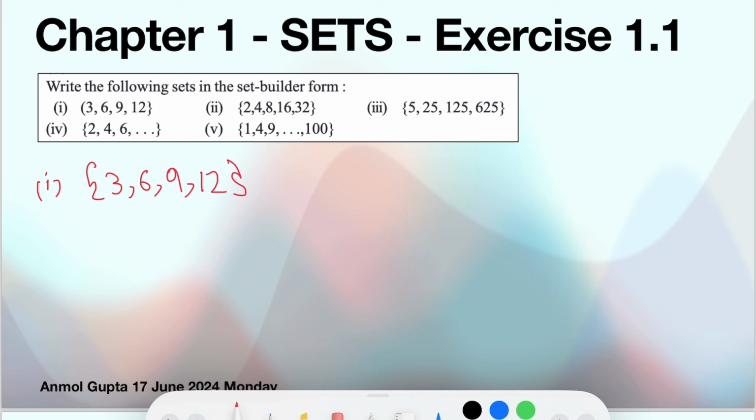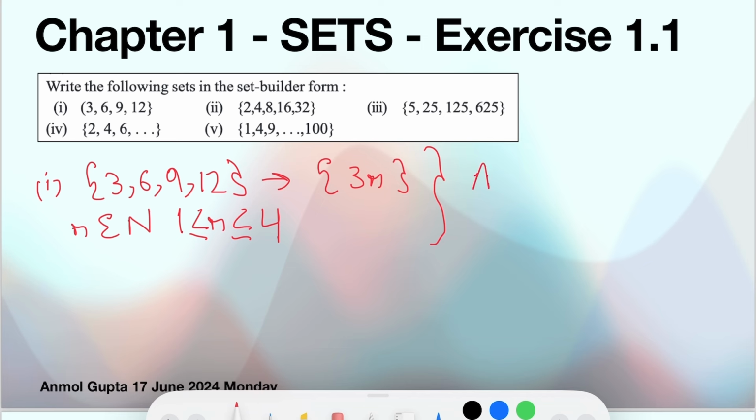We can notice a pattern here, that is 3n, where n is a natural number and n is between 1 to 4, and n can be 1 and 4. So in the set builder form, it can be written as